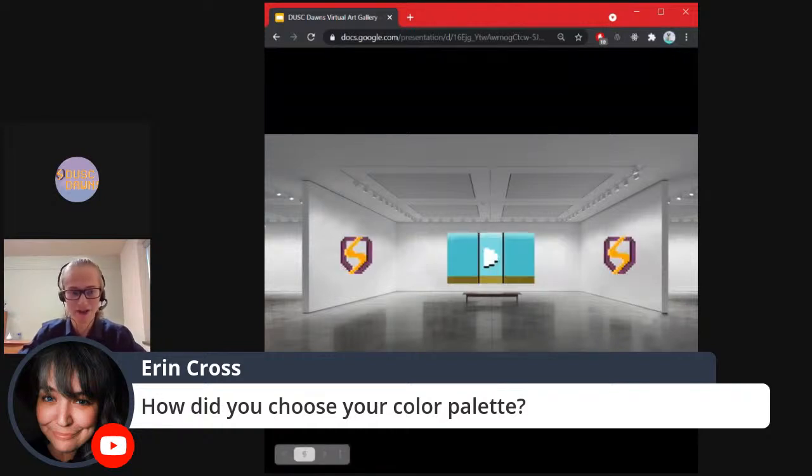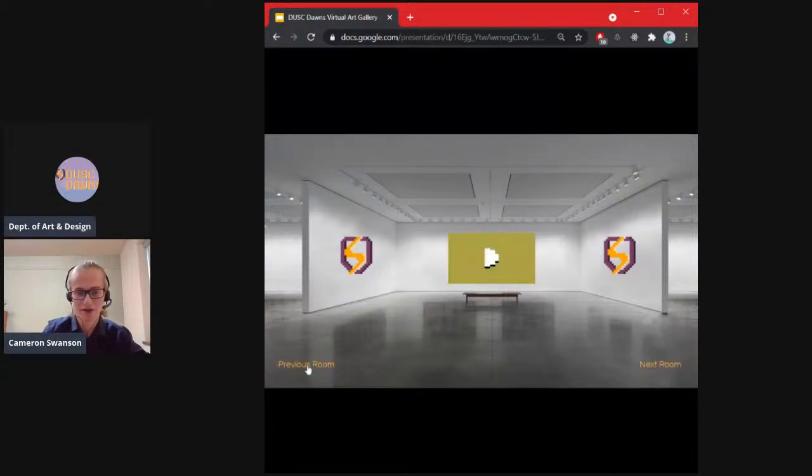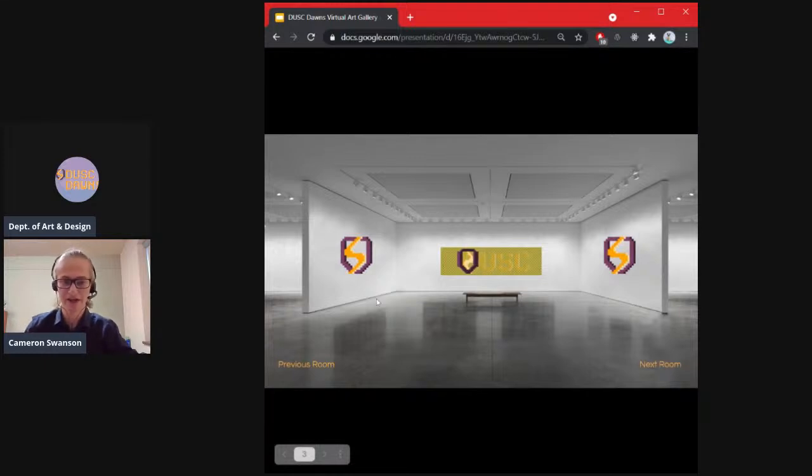Oh, thank you, Cross. For the color palette, I started off with the emblem, actually, looking at the original design of the lightning bolt and shield. The orange is always the Dawn color that's prominent with our typical design, so I wanted to keep that. But along with the yellow and the purples that I chose,